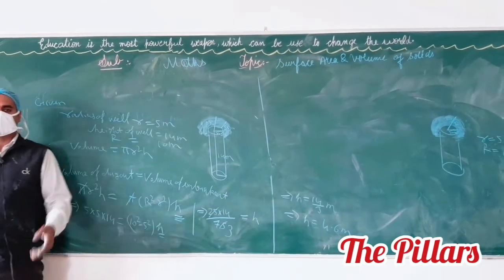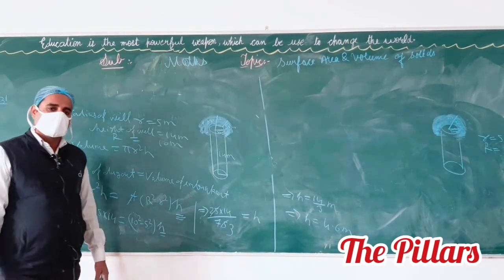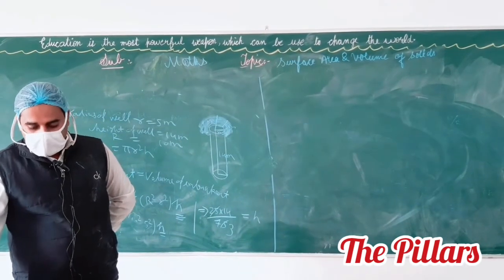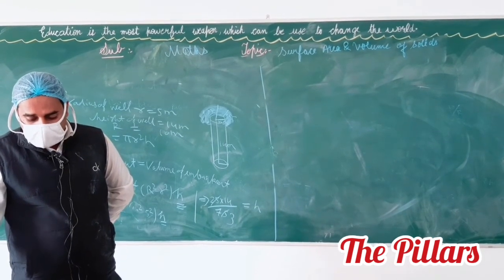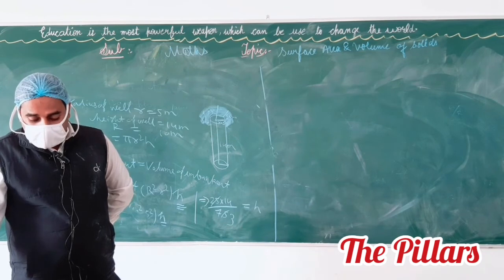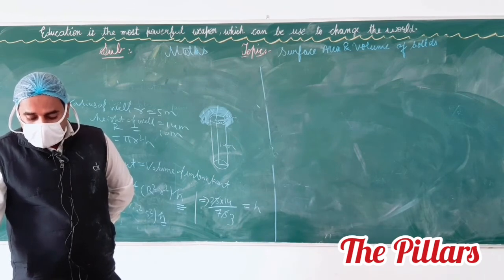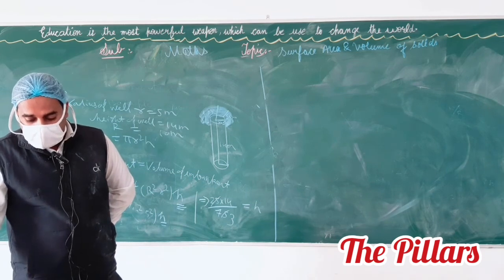Okay, what do you want to ask, Ayush? The question, sir: in a corner of a rectangular field with dimensions 35 meter into 22 meter, a well with 14 meter inside diameter is dug out, 8 meter deep. The earth dug out is spread evenly over the remaining part of the field. Find the rise in the level of the field.